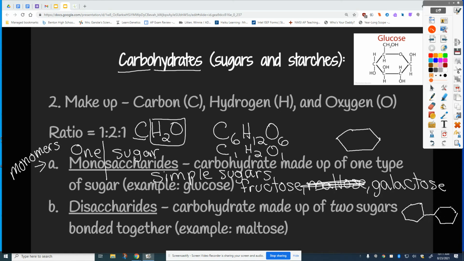Dehydration synthesis. And the bond that's going to form between them, here, that's a covalent bond. Disaccharides. Maltose, sucrose, lactose,